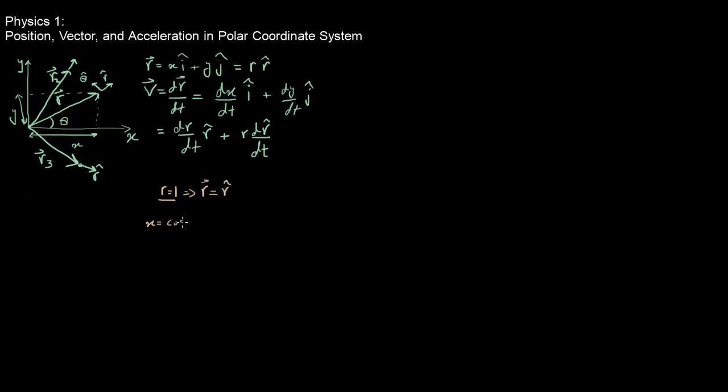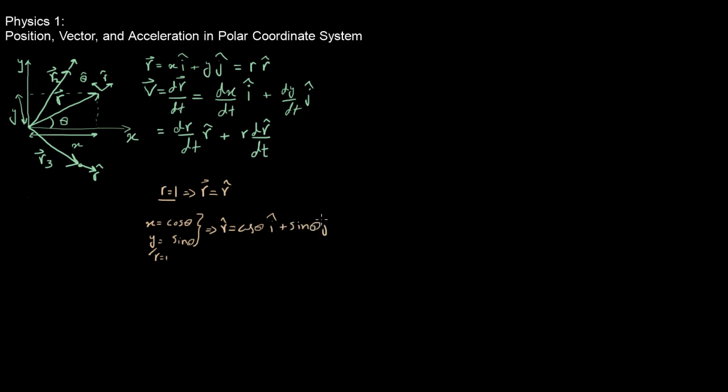It's basically cosine theta. Why? Because cosine theta is this length, which is x, divided by the magnitude of r, which is 1. Therefore it's just x. And then y divided by r, which is already equal to 1, is just sine theta. From these two I can say r hat is equal to x i hat, so cosine theta i hat plus sine theta